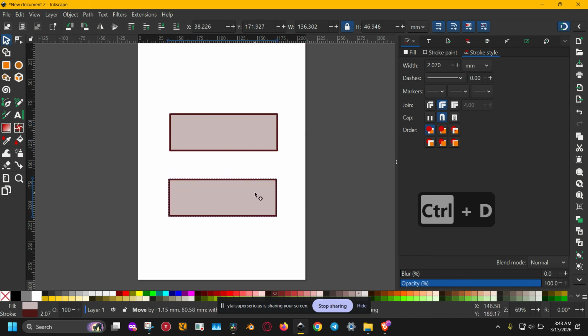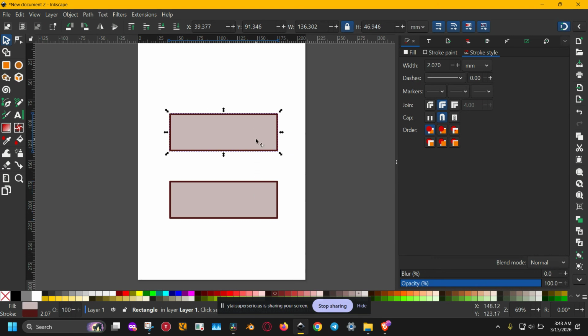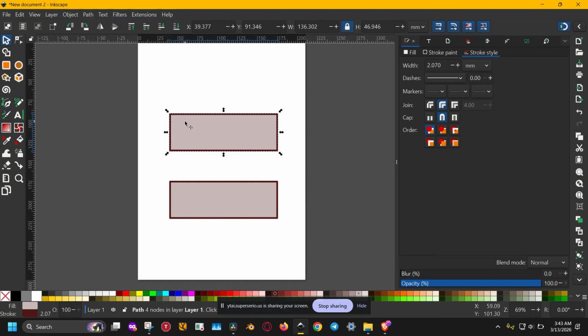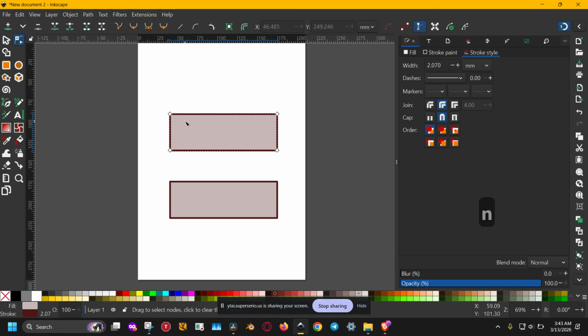Now for step 3, node manipulation. This is what I call the secret step, because it is where the real power of vector art lies. Select one of your rectangles and go to Path, then Object to Path, or press Ctrl plus Shift plus C. You must do this because standard shapes have limited handles. Converting them to a path allows you to move individual corners. Switch to the Node tool by pressing N. Now you can click and drag those small gray squares at the corners to completely warp the shape. You can even click and drag a line segment between two nodes to turn a straight edge into a smooth